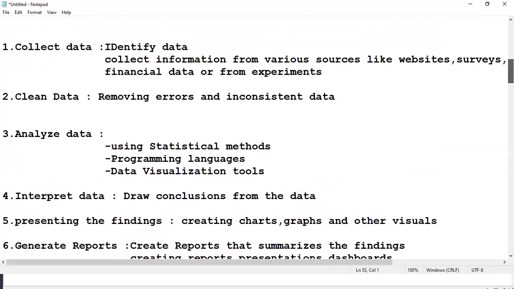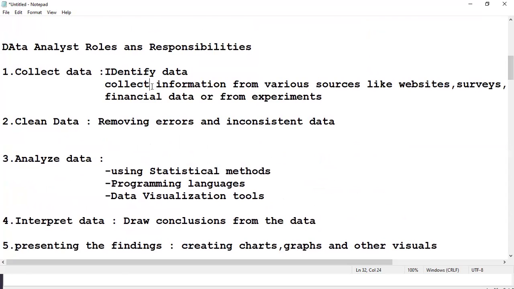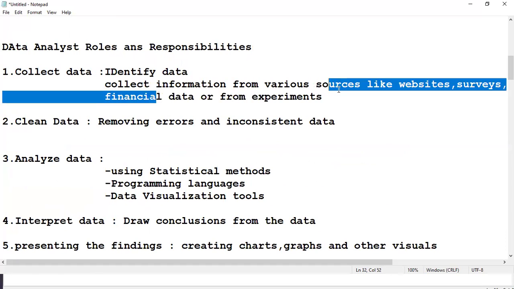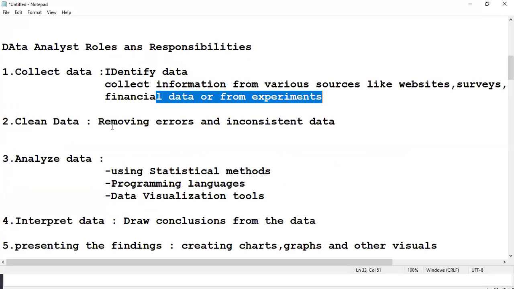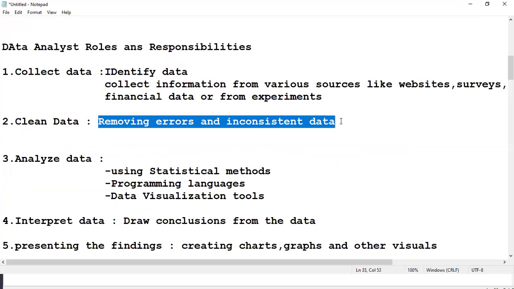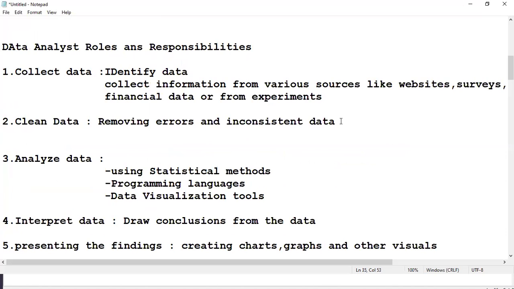So collect data: identify the data and collect the information from various sources like websites, surveys, financial data or experiments. Then removing errors and inconsistent data.